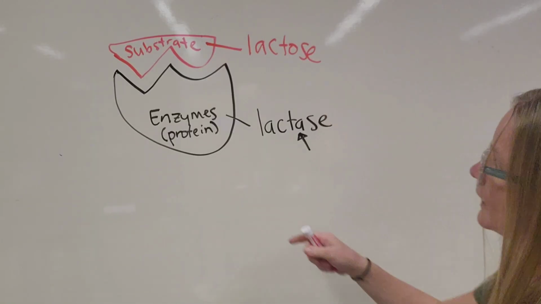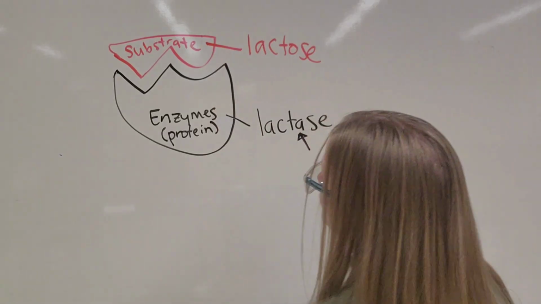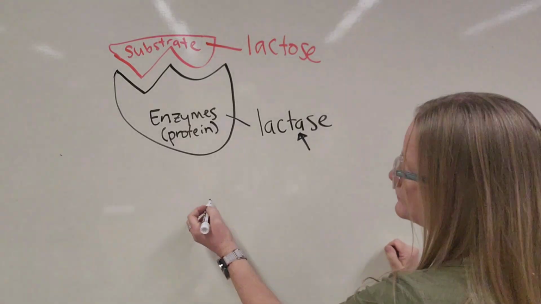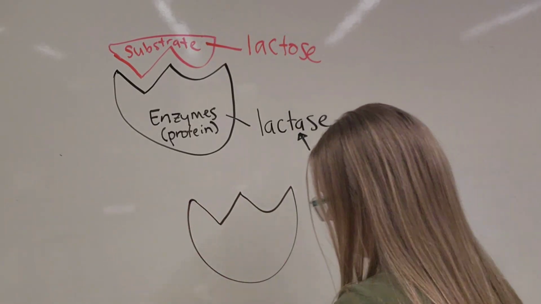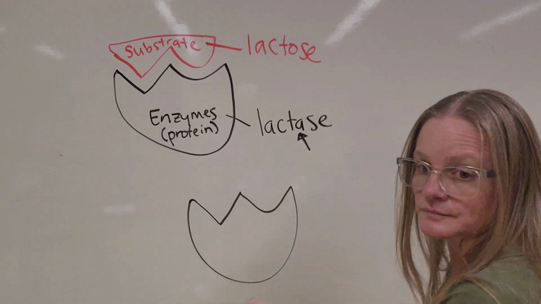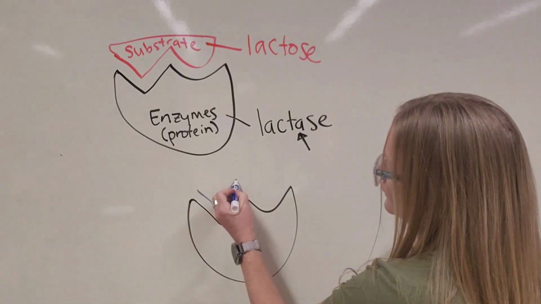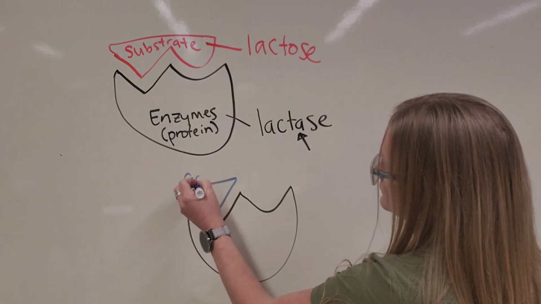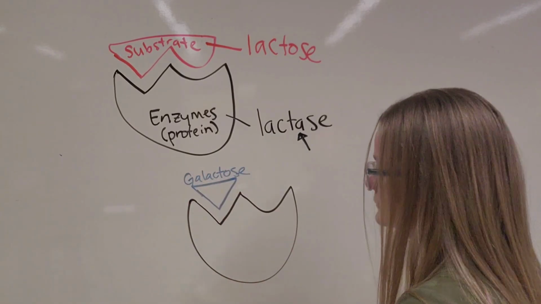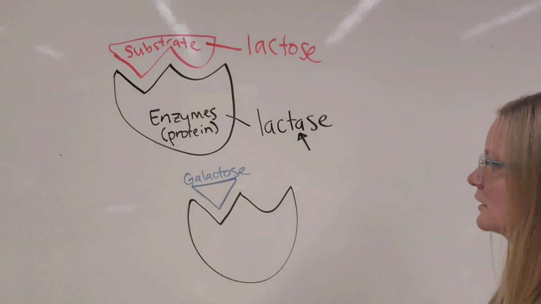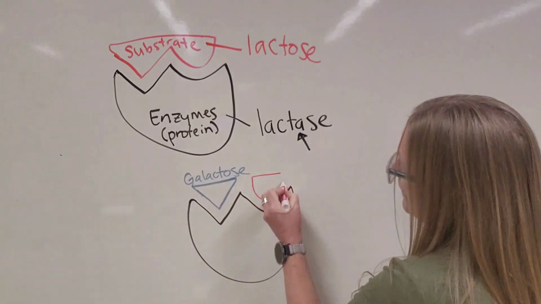So what we're going to get out of this after this reaction has occurred is something like this, where we have a galactose as a product, right? That monomer, that monosaccharide,